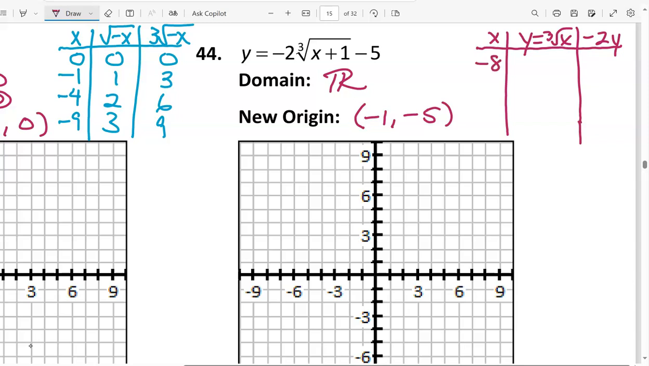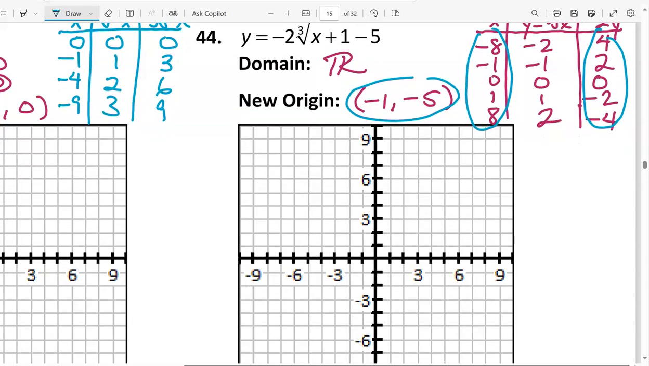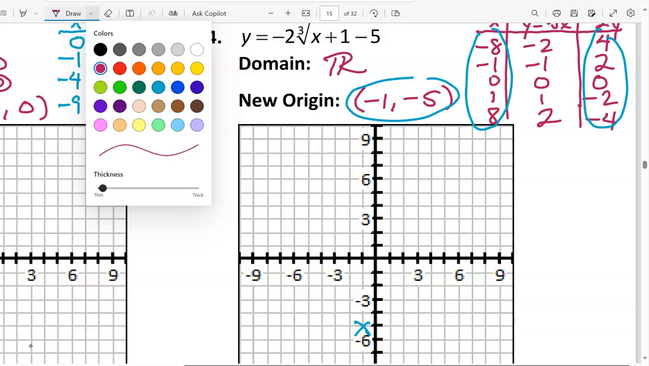So x would be negative 8, negative 1, 0, 1, and 8, taking their cube roots, negative 2, negative 1, 0, 1, and 2, and multiplying each by negative 2. That gives us positive 4, 2, 0, negative 2, and negative 4. So the first and last columns are going to be graphed from the new origin. So I'm going to graph the new origin, negative 1, negative 5, and then graph those points from there. So 8 to the left and 4 up from that point,